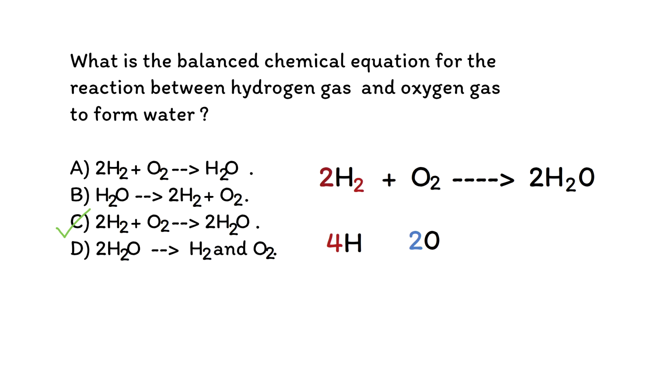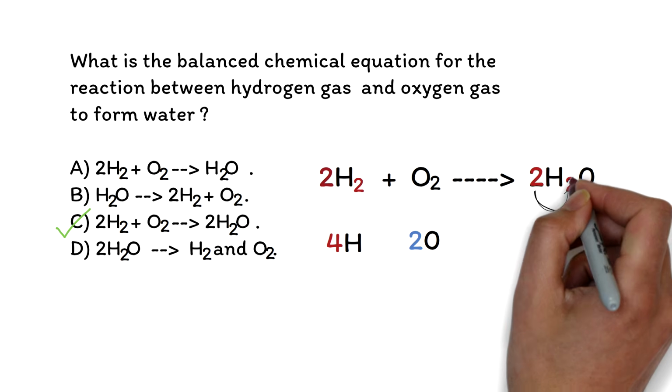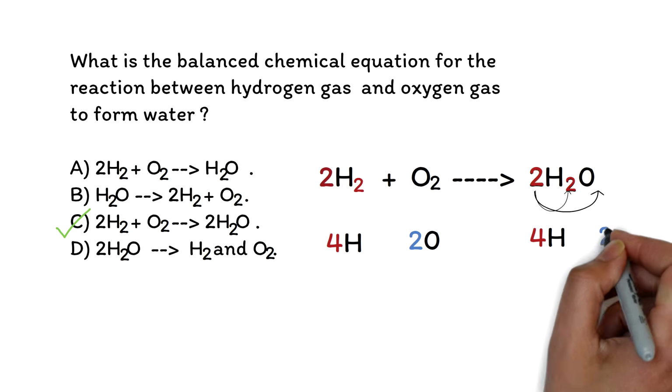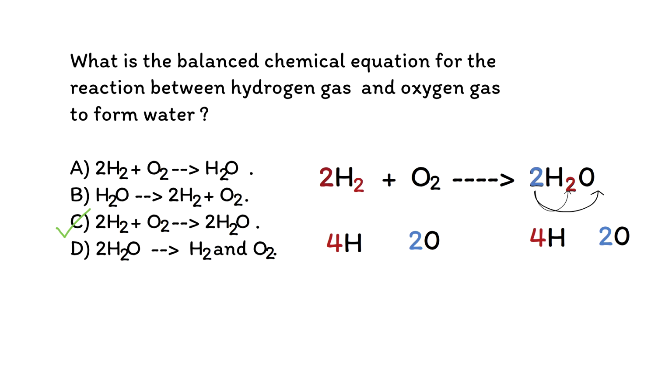On the right side, please note that this 2 affects both the hydrogen and oxygen. So there are 4 atoms of hydrogen, which is this 2 times this 2. And there are 2 atoms of oxygen, because of this 2. So we can see that there are the same amount of hydrogen and oxygen on both sides of the equation,